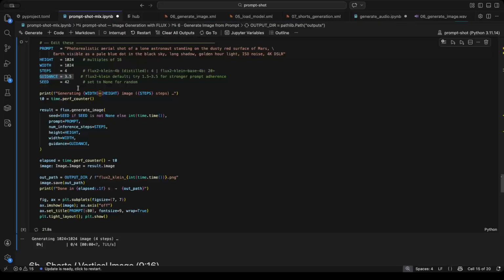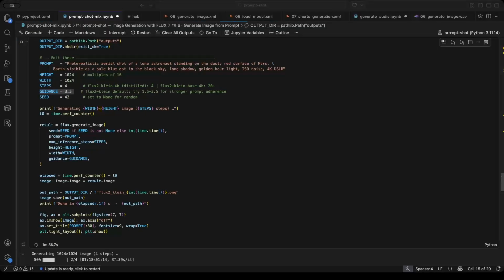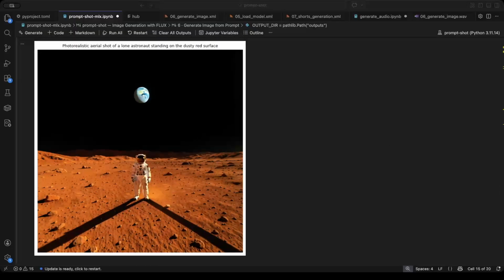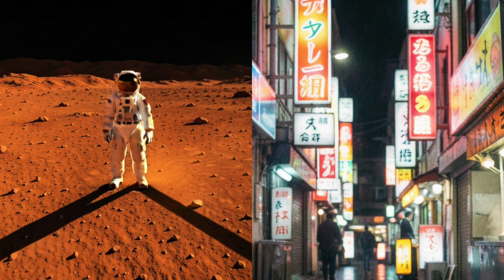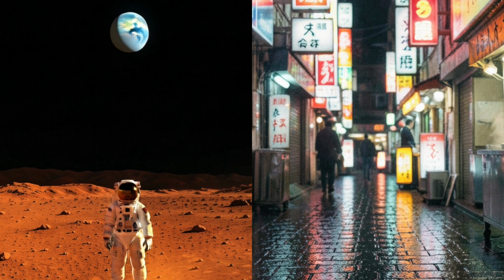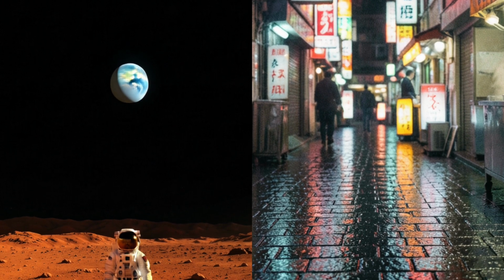The result object exposes a .image property, returning a standard Pillow image object, which we save to the outputs directory with a Unix timestamp in the file name to prevent collisions. Matplotlib then renders it inline in the notebook, using imshow on a plain axis object with the axis decorations hidden. Compare the two outputs side by side. The difference in prompt adherence at guidance 1 versus 3.5 is the single most important intuition to build before you